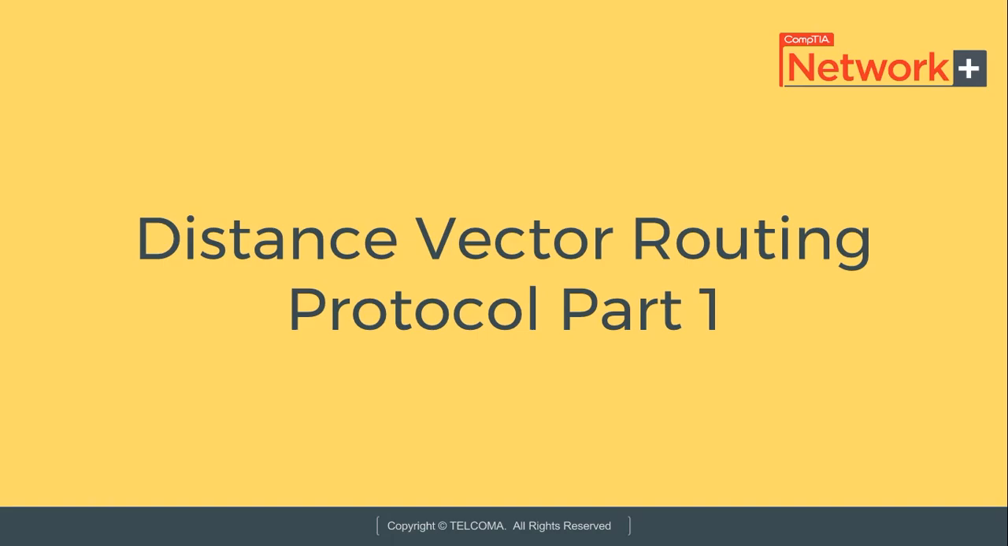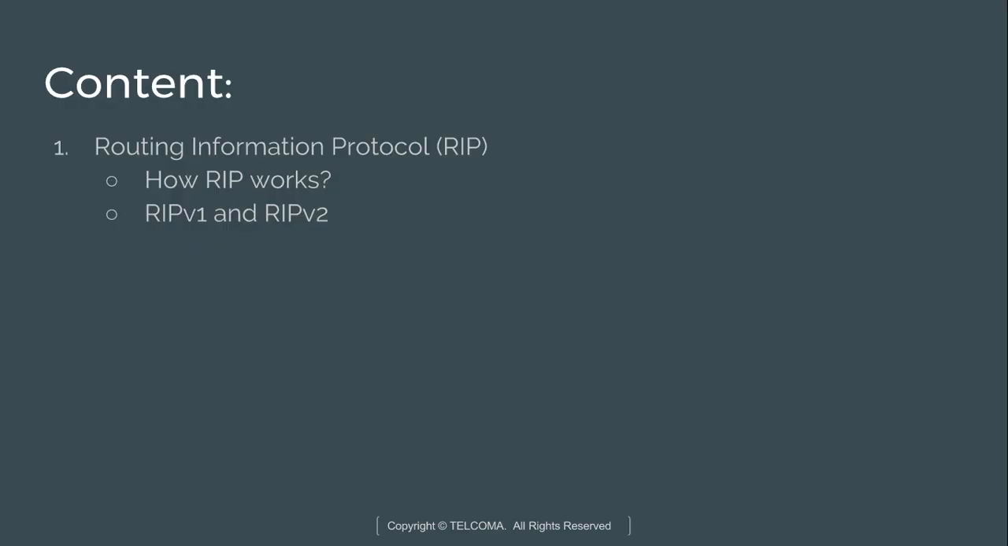Hello, today we are going to discuss the distance vector routing protocol, the protocol used to route packets in the network. This distance vector routing protocol uses hop count as the metric to route packets in the network. In this video we learn about the Routing Information Protocol (RIP), how RIP works, and RIP version 1